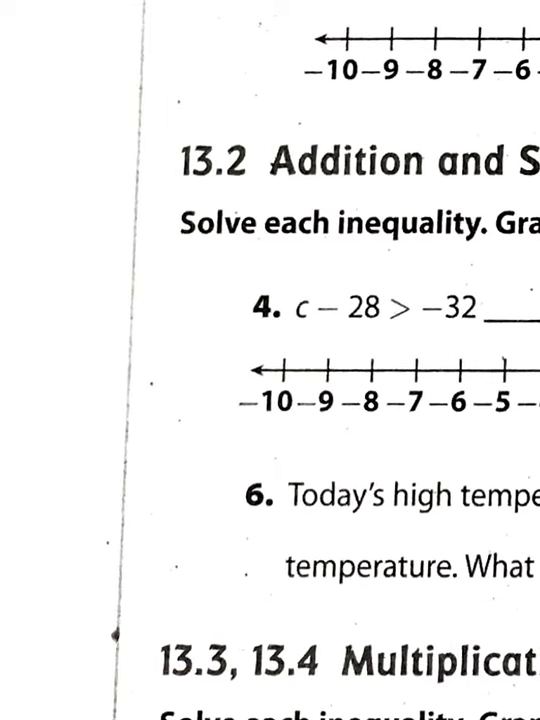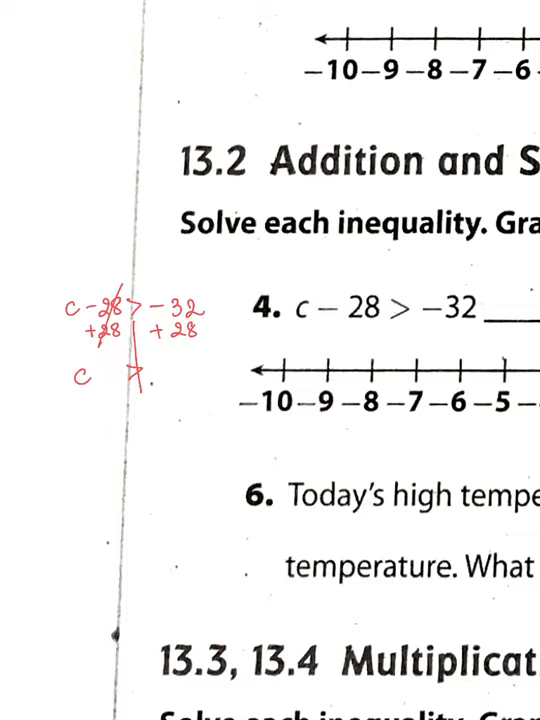So C, something is wrong with my Apple Pencil. C minus 28 greater than -32. I draw the line to separate the two terms. So C minus 28, I do the inverse. I add 28 on both sides, so I can cancel that. So C will be greater than